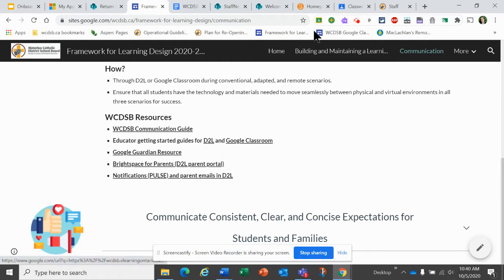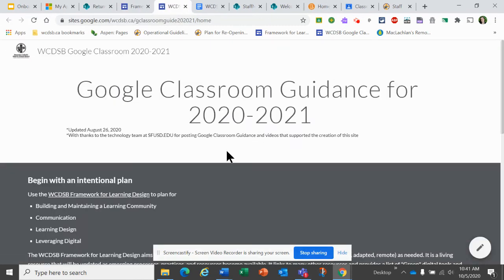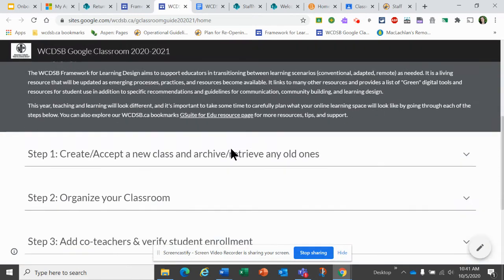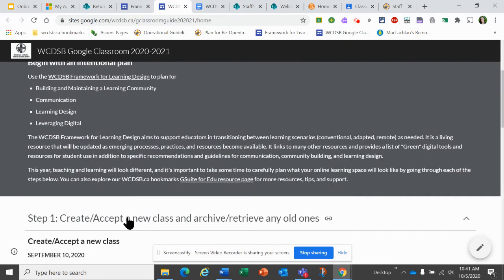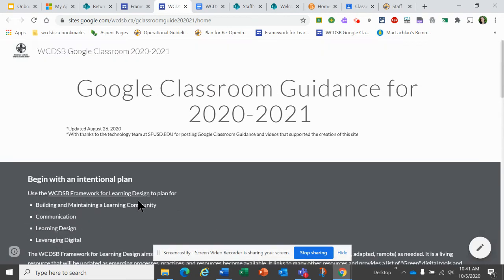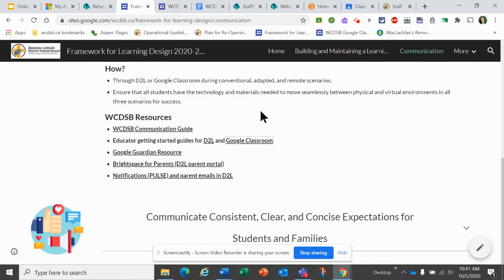The D2L link will bring you to the professional learning course. The Google Classroom link will lead you to a Getting Started guide for Google Classroom, which has step-by-step everything that you need to do in order to set up your Google Classroom, and each area will open and close for you. In addition to this area and support for Google Classroom, there is also a Google Classroom that has been